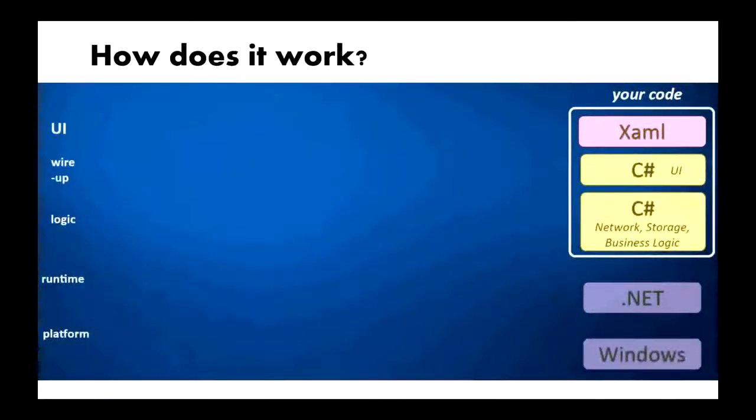So how does it work? This diagram shows what a typical Windows application looks like. You've got Windows as your platform, .NET as your runtime, and then you're going to build out layers of an application, and you're going to develop them in C#. As a native Windows application these days, you can use XAML for a WPF app, and then you'll have the logic written in C#, and then you'll have a bunch of libraries that become your business logic.